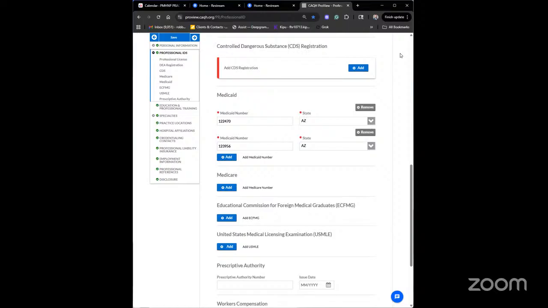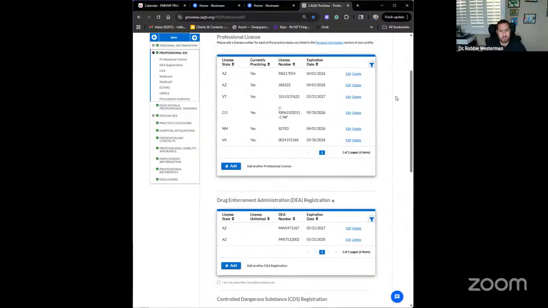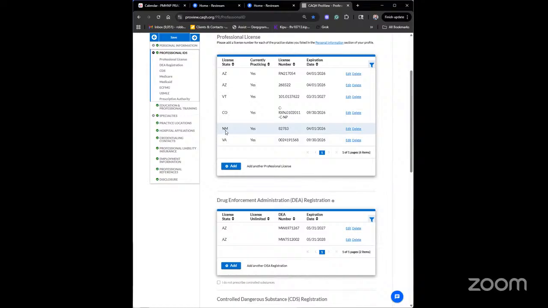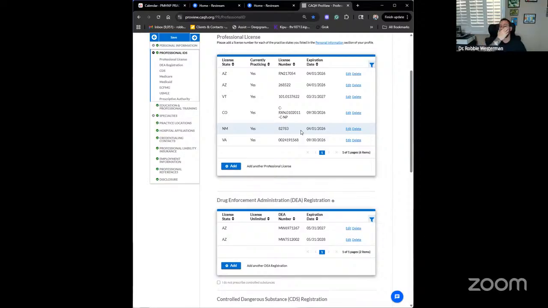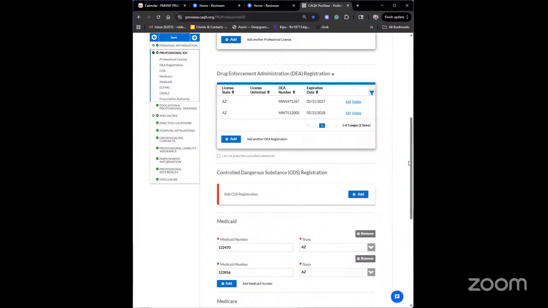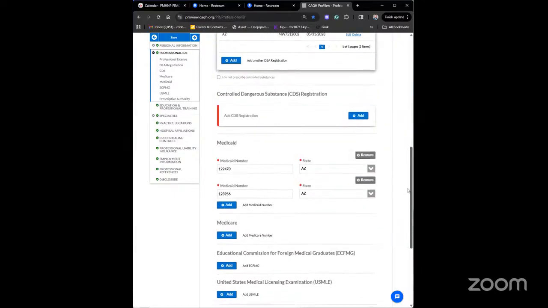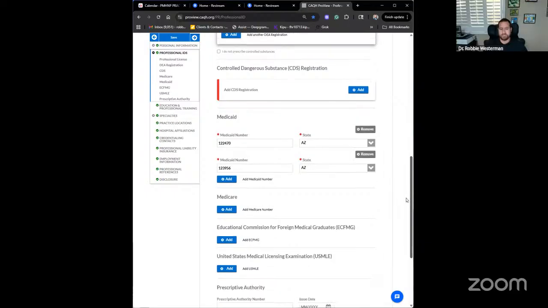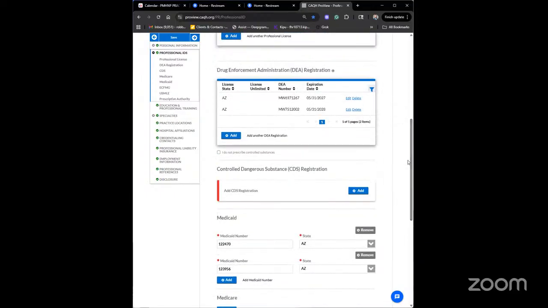Is that so you can... New Mexico is one too. I don't have one in New Mexico. Really? When I was going to apply for it, they give you a form, but it's not a CDS. You have to fill out all the drugs you're going to prescribe, right? Got it. Yeah, I did that, but then the Board of Pharmacy had something else I had to do too. I don't know if it's new. I used to have a CDS license for Maryland because of the narcotics that we did inpatient.